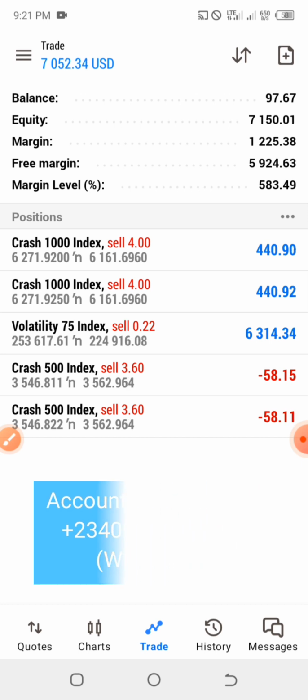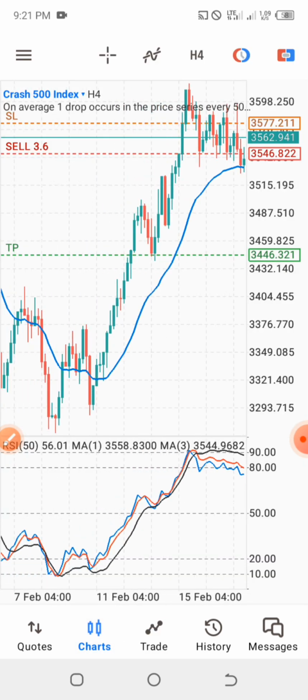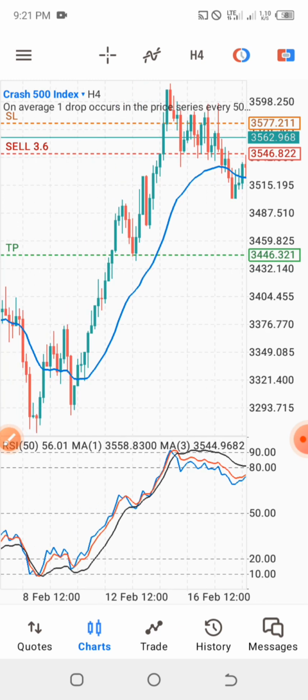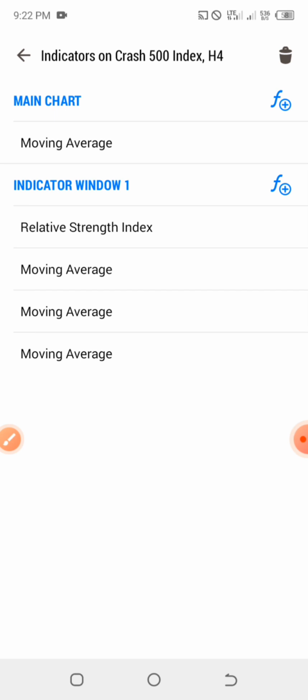So with that being said, let's quickly jump into the strategy right here. Now these are the settings for the strategy. Let me first show you the settings. The strategy is very simple to use. I'll show you the settings, and then I'll teach you how you can make use of this strategy to make money trading. Let me delete this strategy setup, because if I don't, it's going to take much longer before we finish this video, and I want the video to be long.